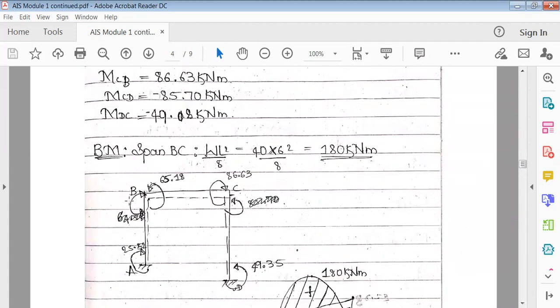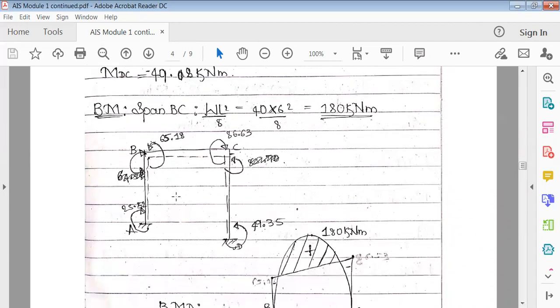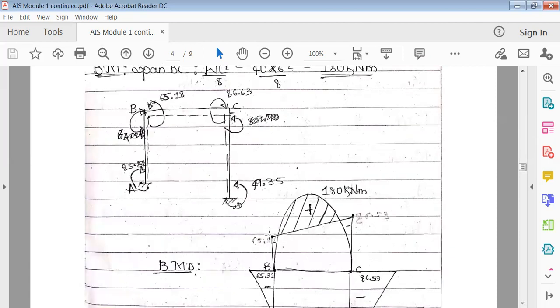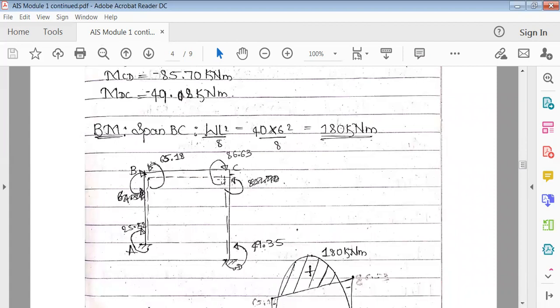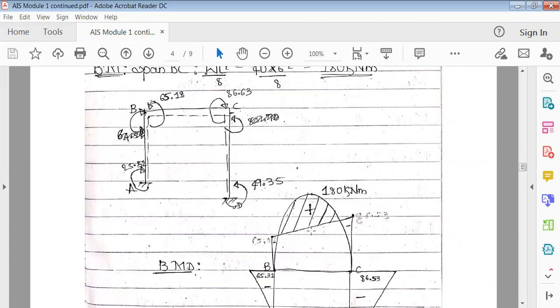Similarly, now this moment here will affect the beam. So for the beam, draw it above like this. Similarly, in this portion, you can see here they're again equal and opposite. This portion is trying to affect above like this. So you have to again draw on the negative side at the end of the column. So this is 65, this is 86. So 86 should be drawn above.